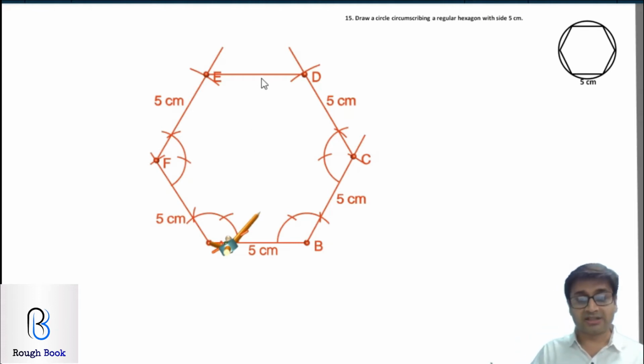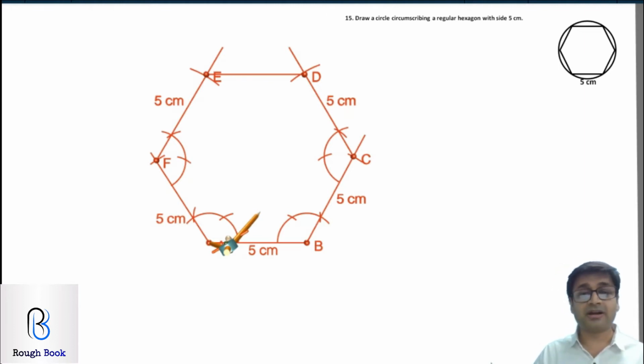Now, why has this gone slant? Because this is not exact 120 degree, that's why. So first take your protractor on B, draw 120, then cut your arcs. Keep your protractor on C, draw 120, cut your arcs. So all the 120 degrees that you're supposed to draw, use a protractor and then draw your arcs. No one will come to know that you've used a protractor and you will get an accurate hexagon. That's the easiest method. But if you forget to draw arcs in the end, the teacher will come to know that you've cheated and you will get a big 0. So please don't forget the arcs, okay? And don't tell anybody I taught you this method.